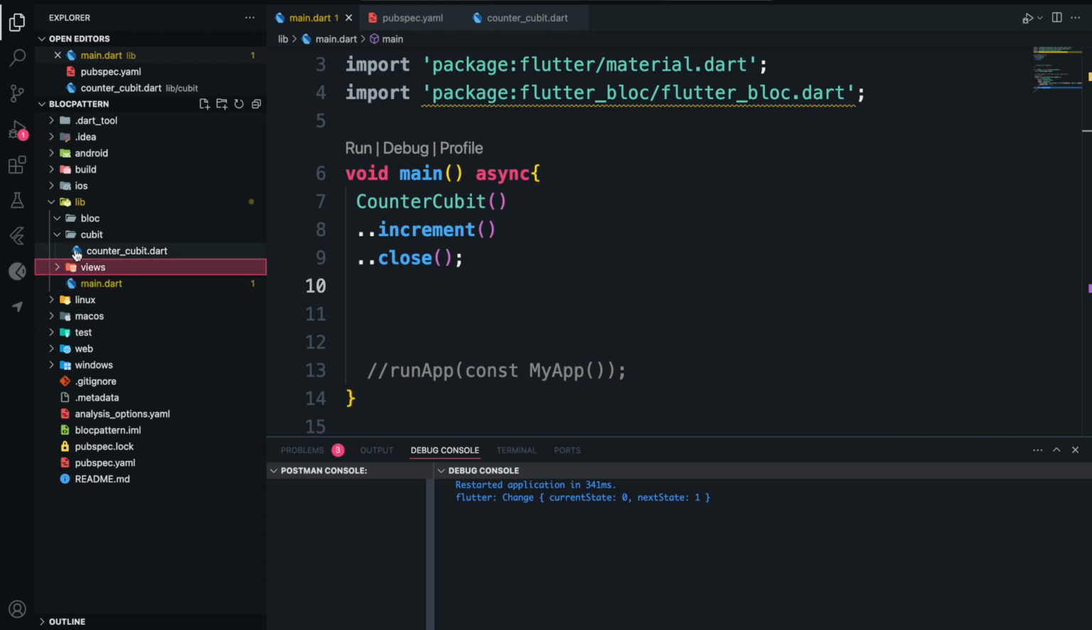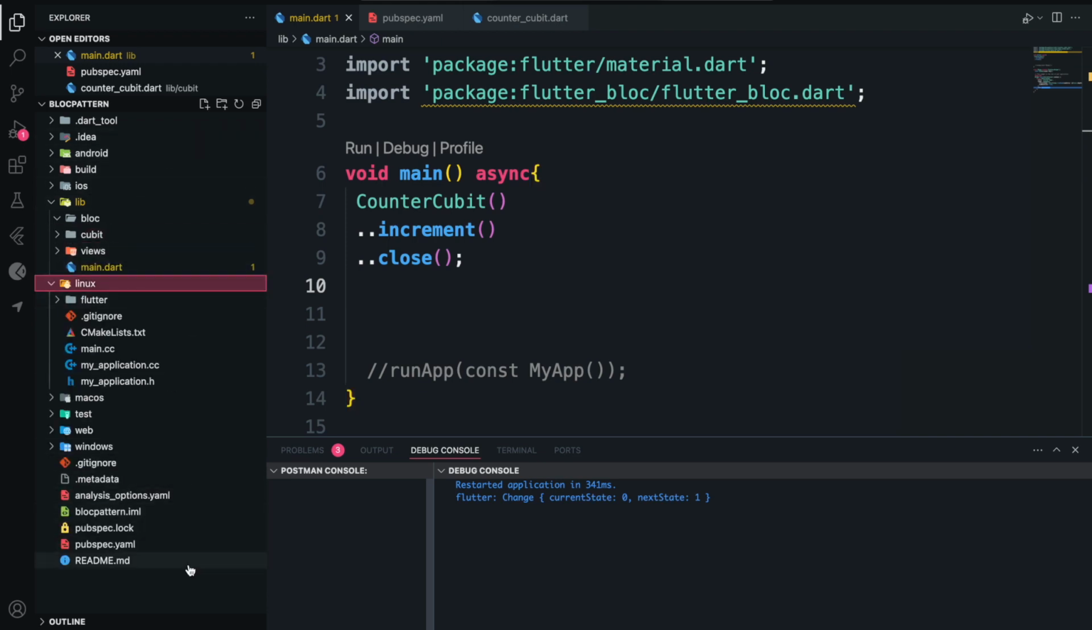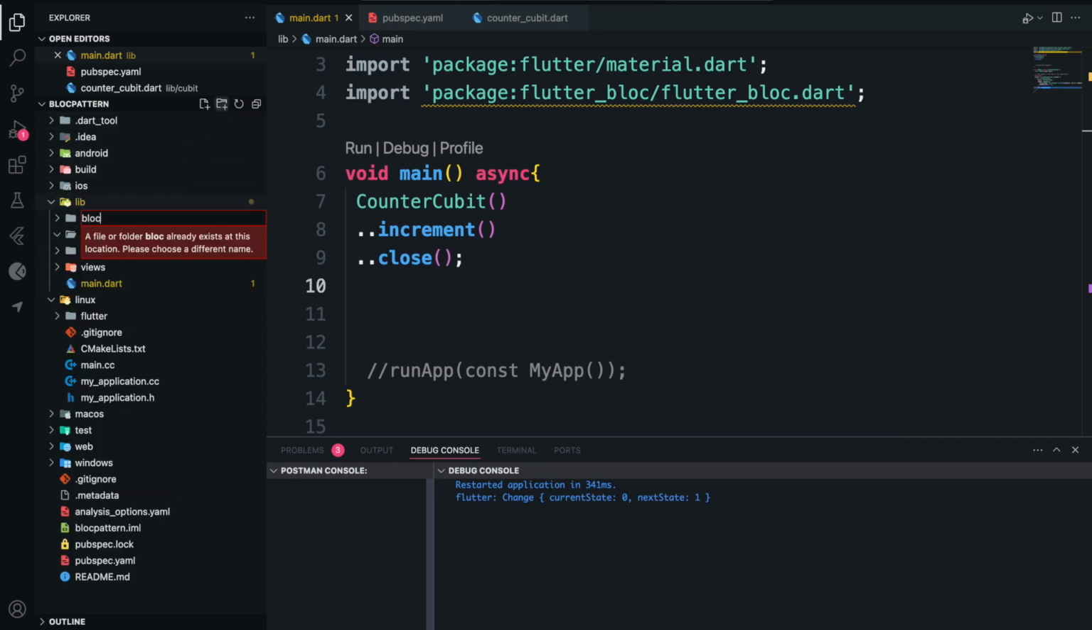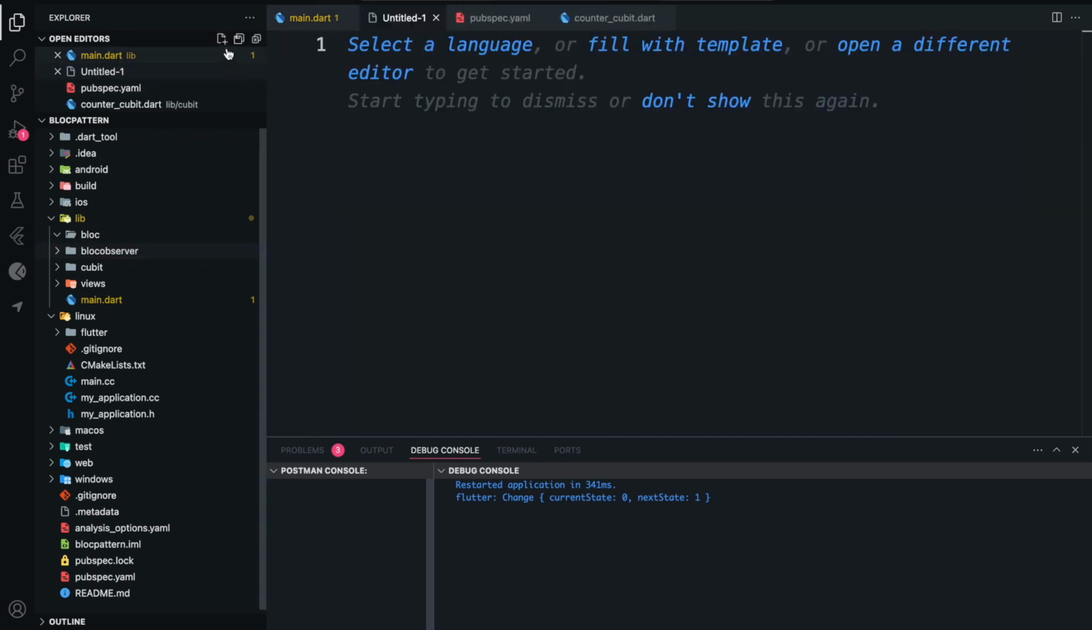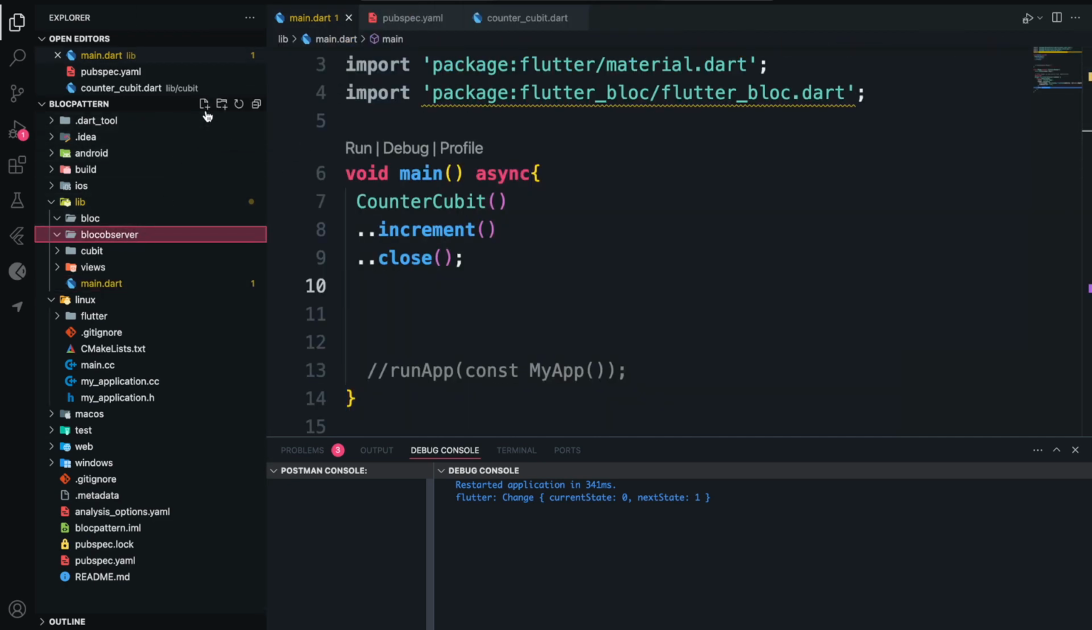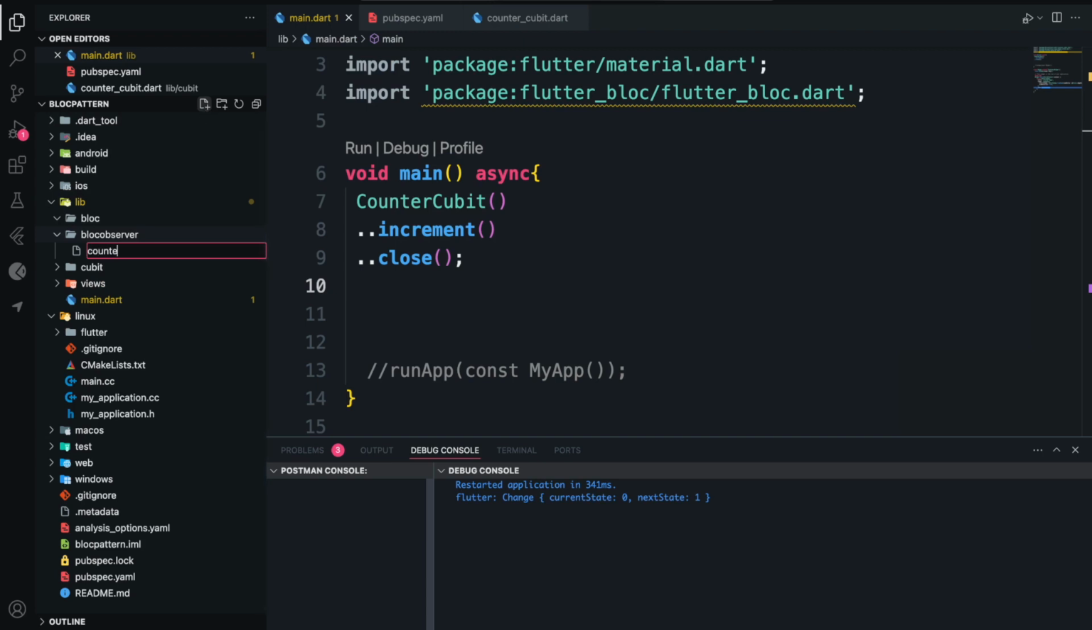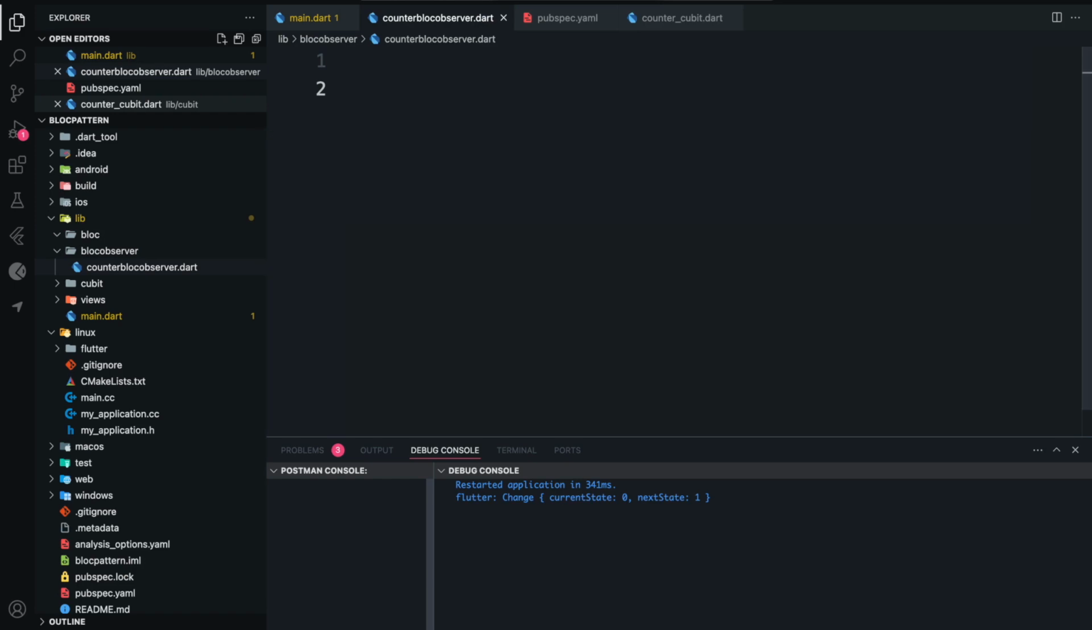To do that, I will simply create a class here inside the lib. I'll create a folder called bloc observer. Inside this bloc observer, I'm just going to say counter_bloc_observer.dart, okay, like this. And then the class CounterBlocObserver